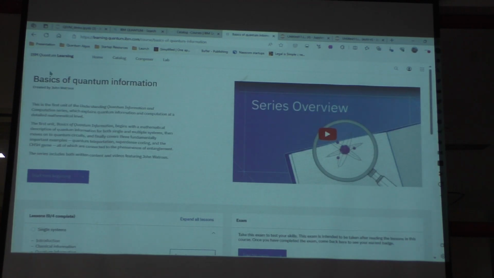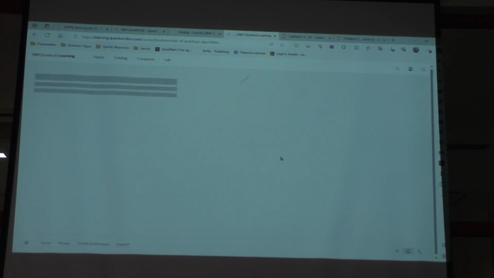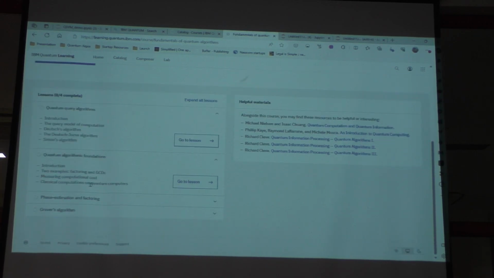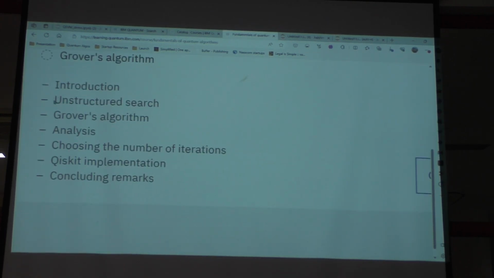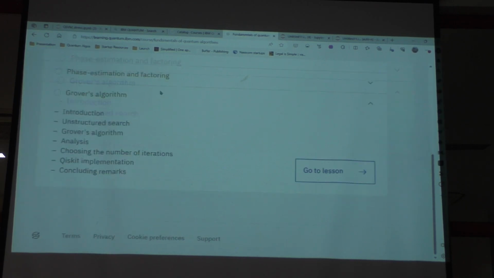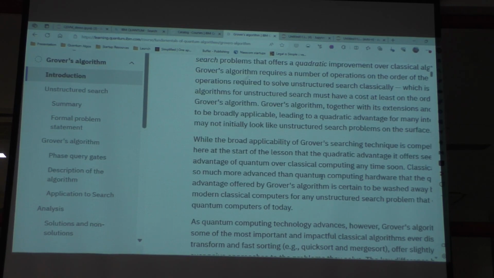Here itself you will be able to study quantum information, the first part, then fundamentals of quantum algorithms, the second part. So these are the algorithms that I've told you: the Deutsch algorithm, the Deutsch-Jozsa algorithm, and then we have Grover's algorithm, as I've told you. This is for unstructured search, and the implementation is where you build a quantum circuit. So it's also just a quantum circuit you need to build and implement.